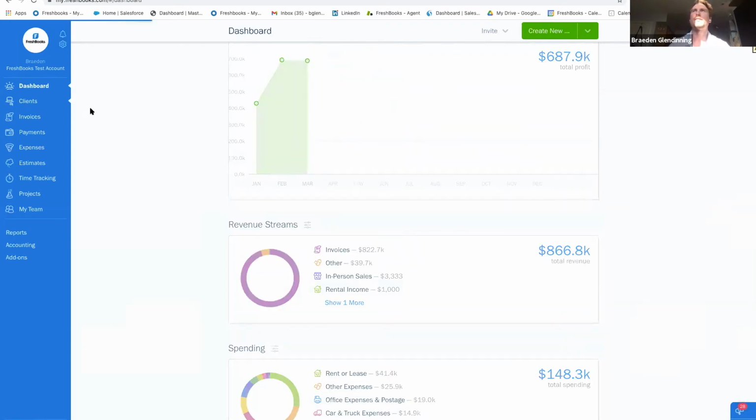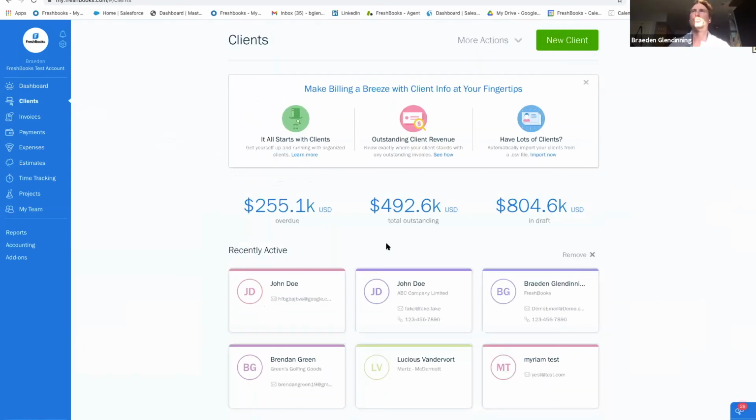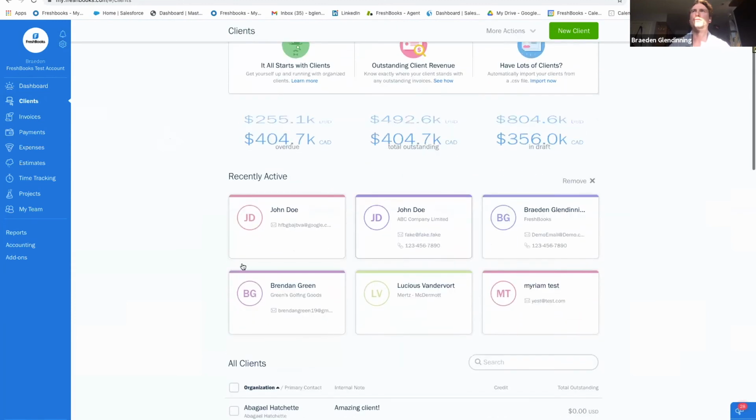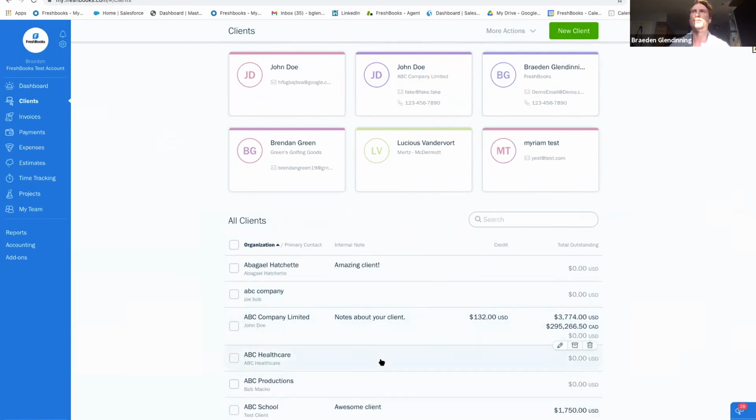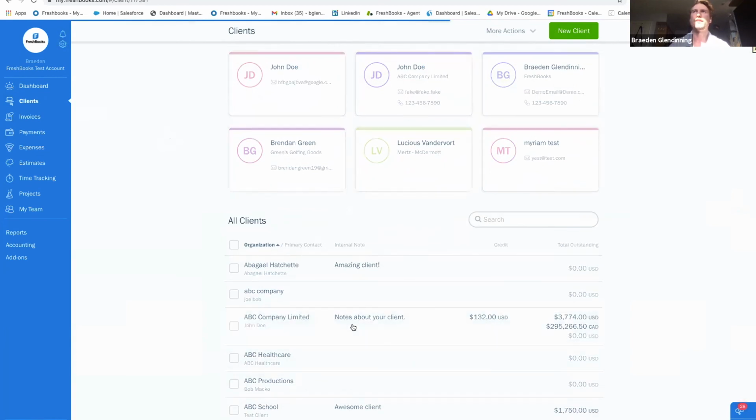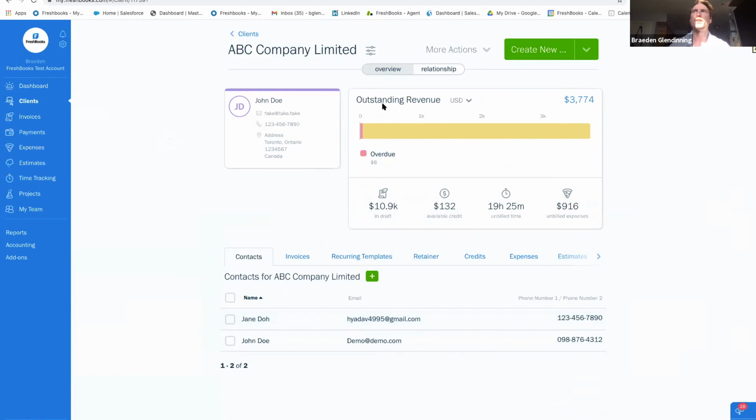Jumping into clients here, we're going to jump into one of the client profiles here, but just a quick overview. This is your most recently active customers and just a list of all of your clients down below. If you click into any one of these client profiles here, you're going to get a great overview of your